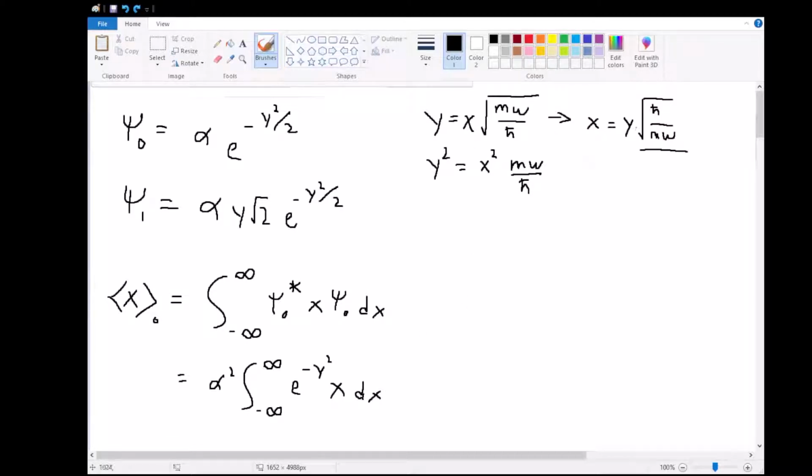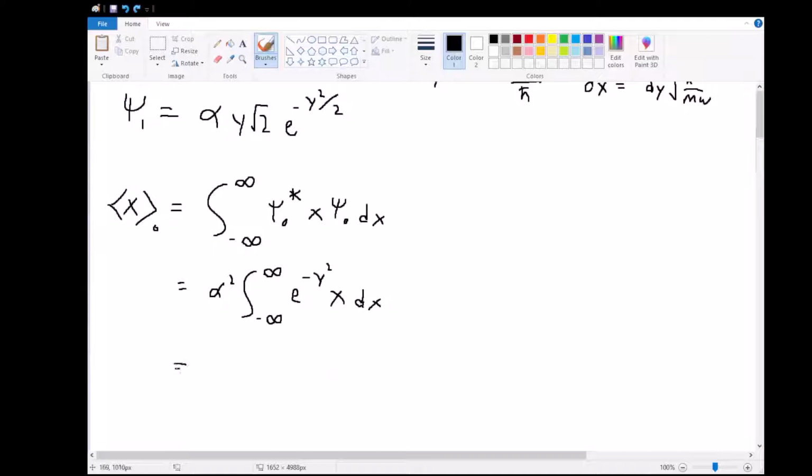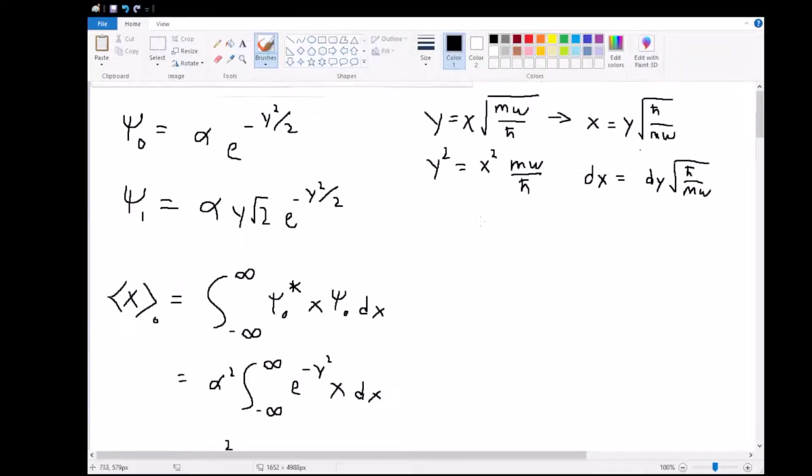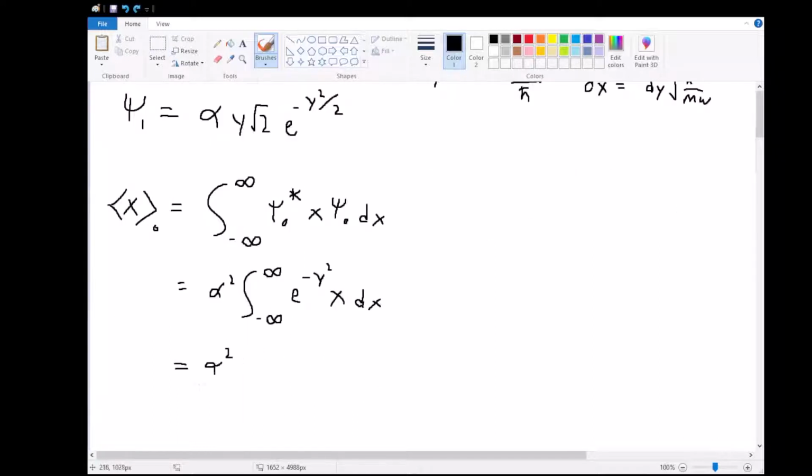We know that x equals y times the square root of h bar over m omega. If we differentiate this, then we also get that dx is equal to dy times the square root of h bar over m omega. So if we substitute both of these into our integral here, then this is equal to alpha squared times, with x contributing a factor of the square root of h bar over m omega and dx also contributing a factor of the square root of h bar over m omega, alpha squared times h bar over m omega